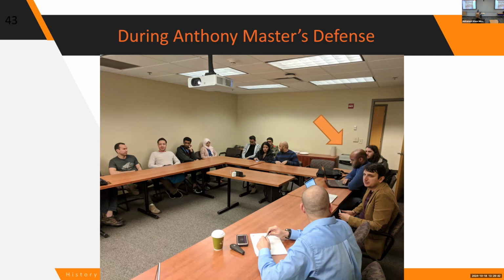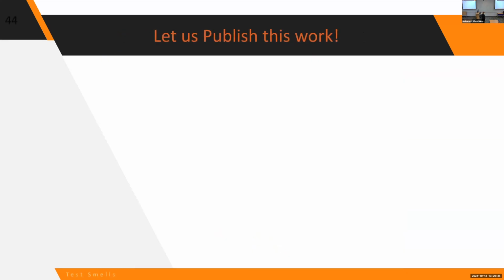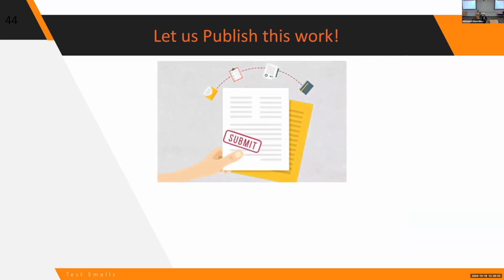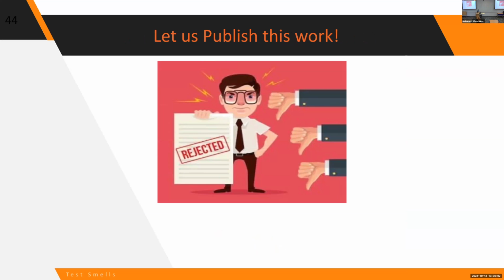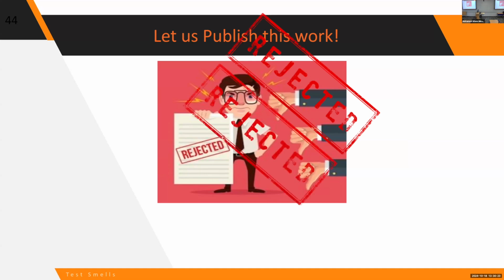So now he moved to his new area of research, but we got those results that were promising, and we said, let's just publish this. Sounds like a good plan, right? So we took the results of this catalog, we wrote all these examples, we put them together in a paper, we submitted this paper, it got reviewed, it got rejected, okay? We thought that we were unlucky, because we knew this is something good, so let's do that, right? We submitted this again, it got rejected again. We had to revise the paper, we made these instructions more clear, we added more examples to make it more appealing, right? It got rejected again. Okay, this is real.